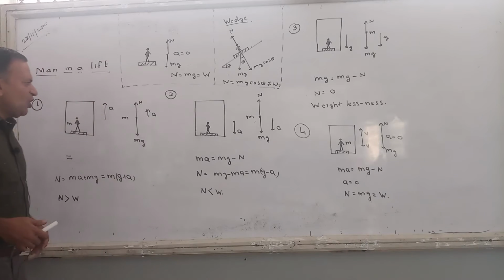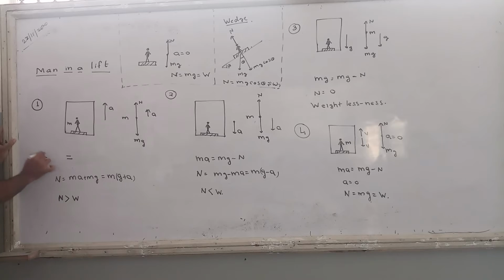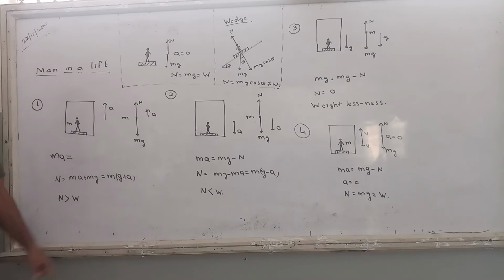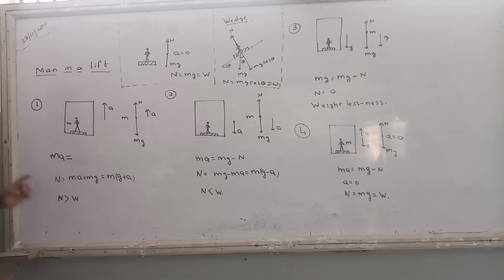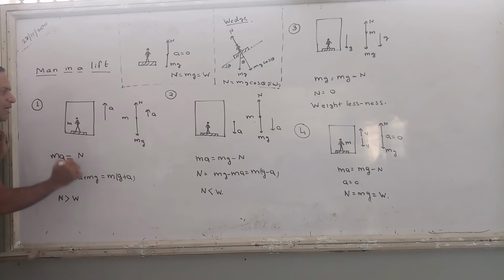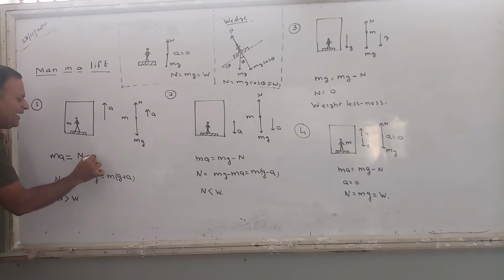So what is the resultant force on this person? Suppose the resultant force on this person is equal to F, and that F is equal to m into a. Right, now see, ma is in which direction? It is in the upward direction. तो upward forces को positive लेना. a is in the upward direction, so the resultant force is also in the upward direction. तो upward direction में जो force है, you take it as positive. So here, which force is positive? The force which is in the upward direction. Which is this force? That is N. If the upward force is in positive direction, the opposite force becomes negative, that is minus mg.